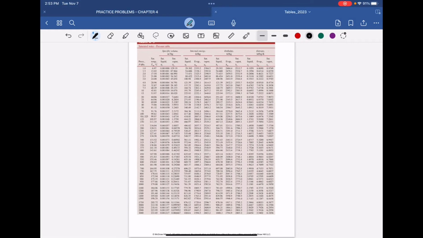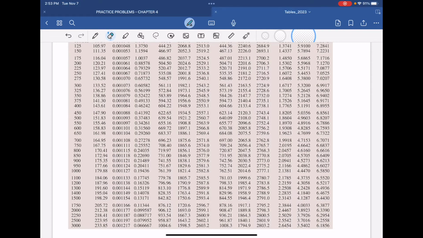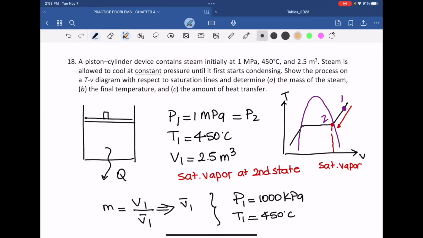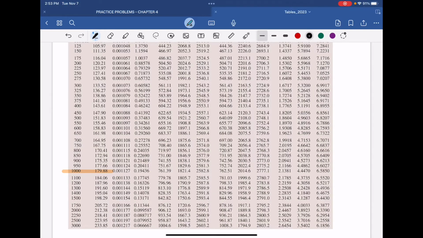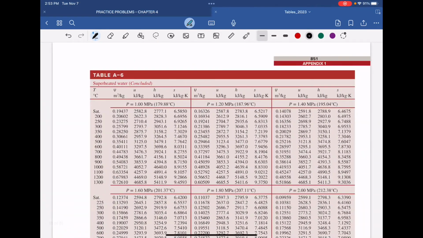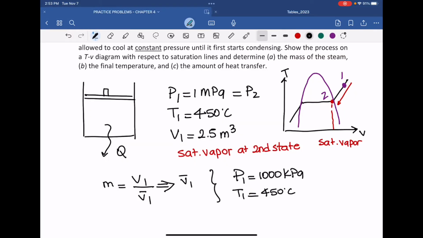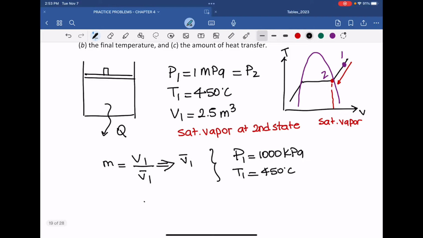So at 1000 kilopascal, the temperature for saturation is 179.88, and we are much above that. That means we have superheated. And for the superheated, if you go to superheated tables at 1 megapascal, you can see directly they don't have 450, so that means you need to interpolate to find the temperatures. So do the interpolations and you will find specific volume is